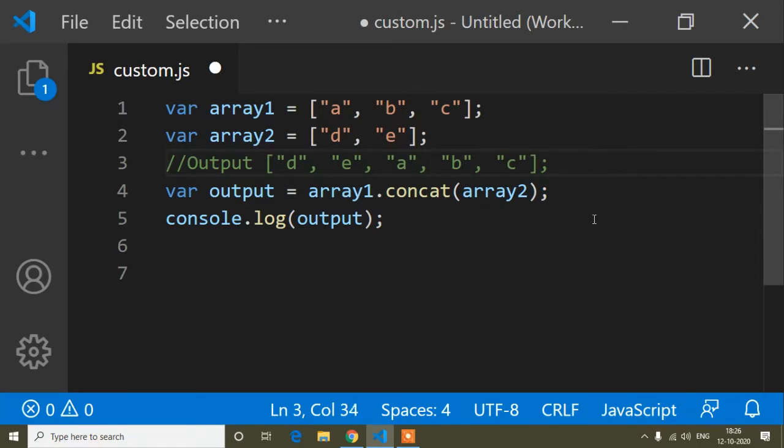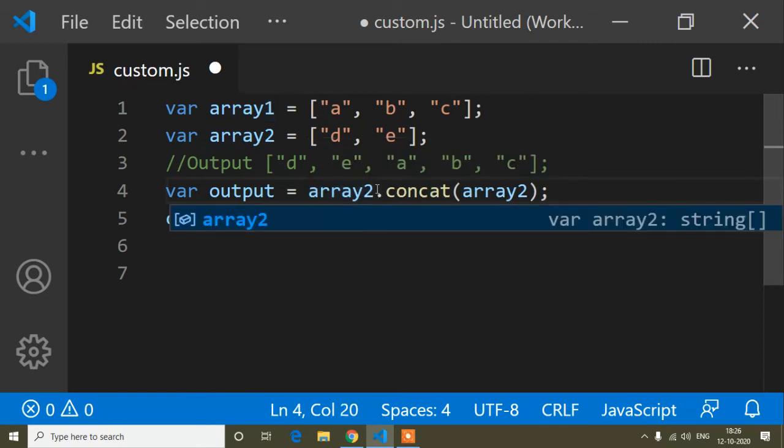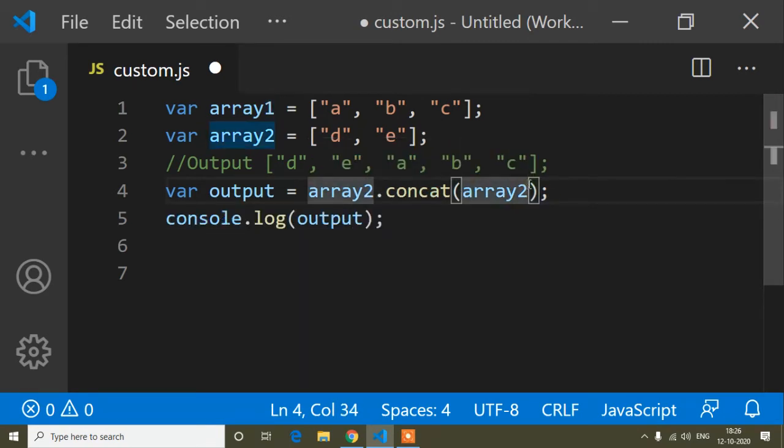How can we do it? That means the second array will be first, and after that the first array's values. That is very simple. We just have to concat array2 and here array1. That means array1 will be concatenated into array2.